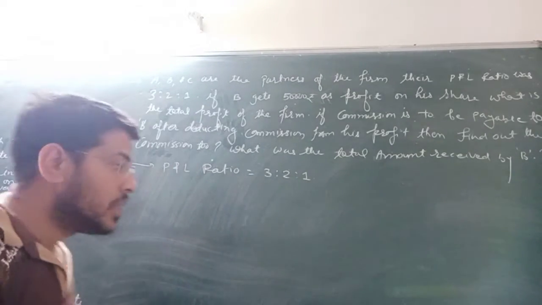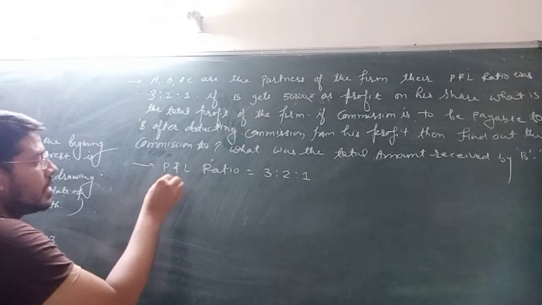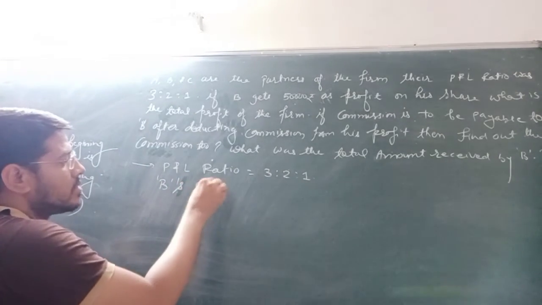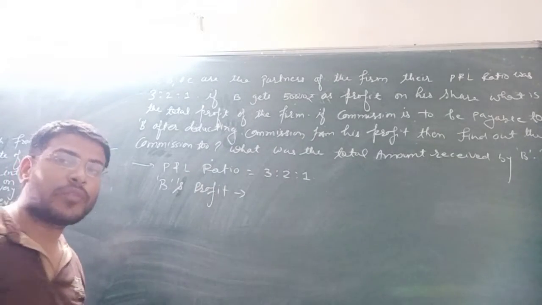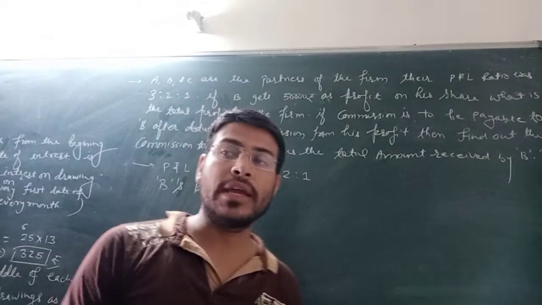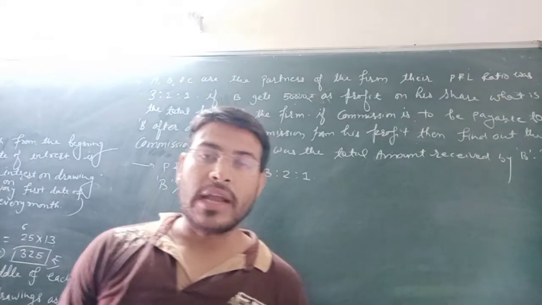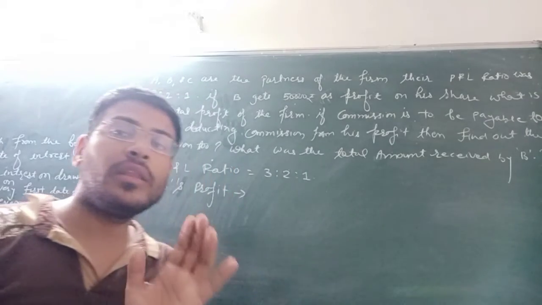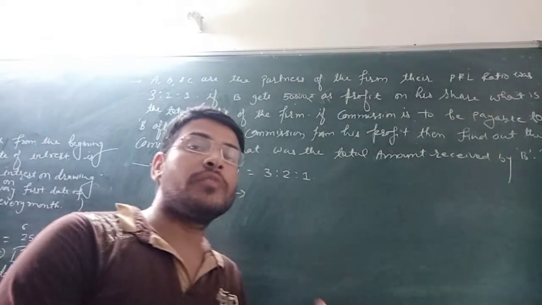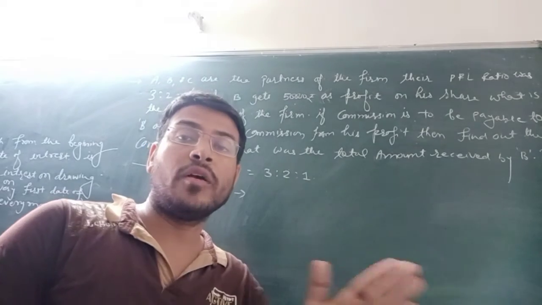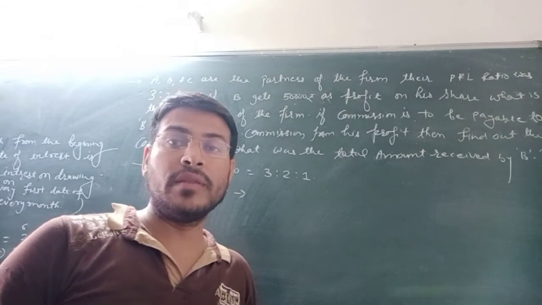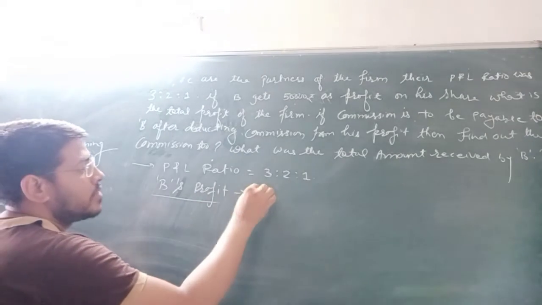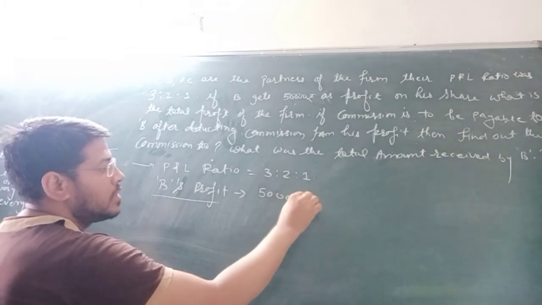First one thing: instead of giving the total profit of the firm, here it is given only the profit of one person. So I made you write one thing while writing the rules and regulations of the partnership firm: when the profit of only one partner is given instead of the total profit, at that time on the basis of that particular partner we have to calculate the profit of the other partners too.